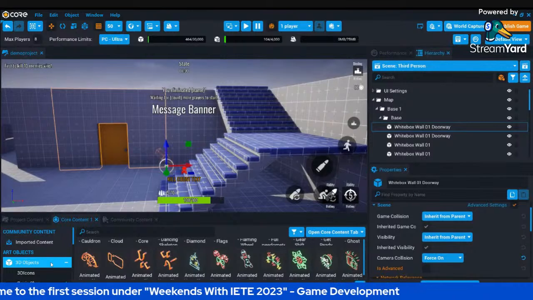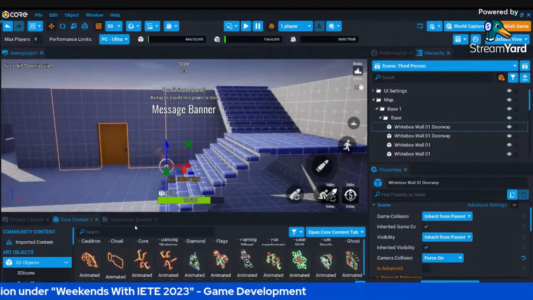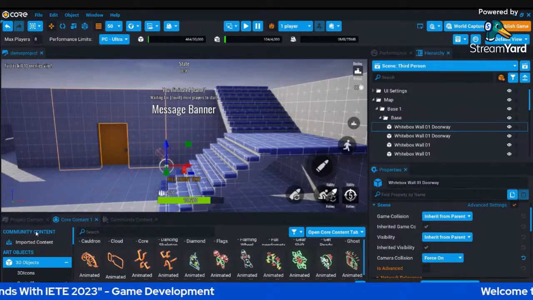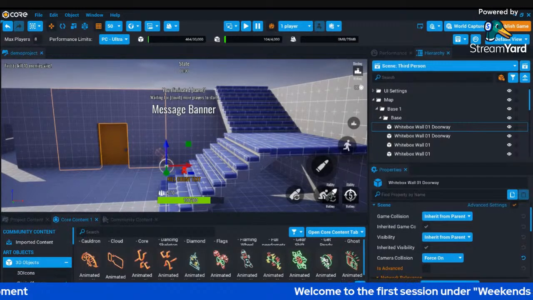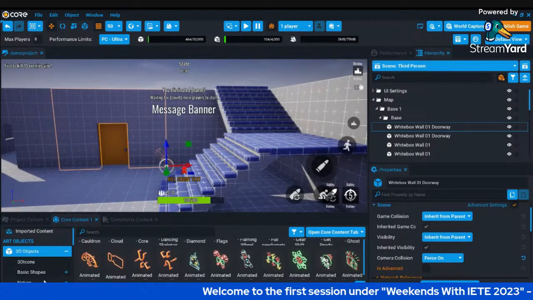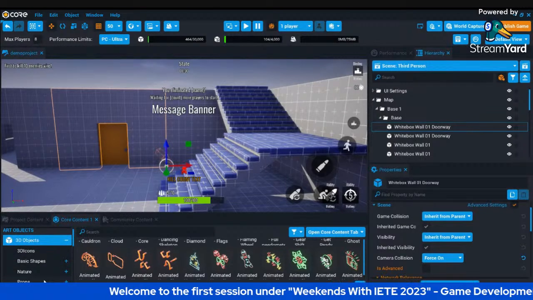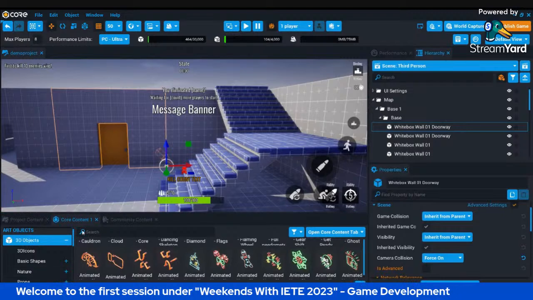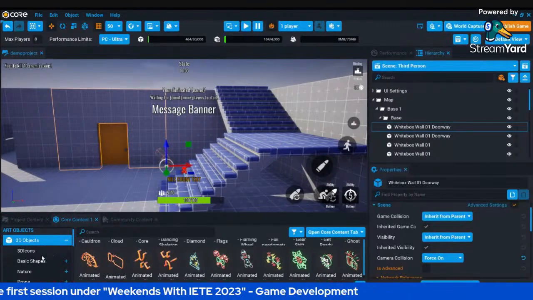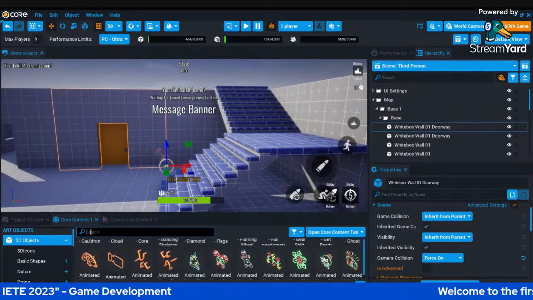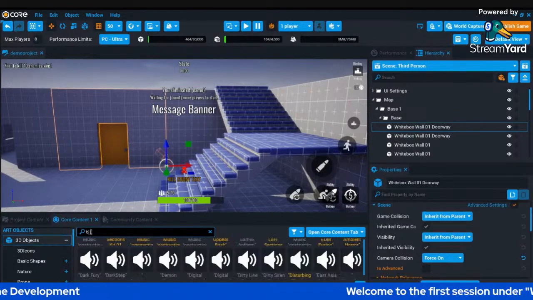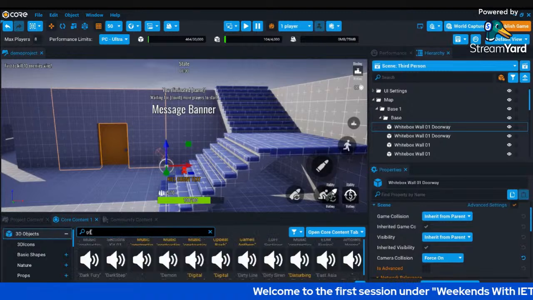Yes. Now see, under the core content we have this art objects. Now this art objects provide all the features of adding the props and objects and giving material to your objects in your gaming arena. Okay. So now under 3D objects, we'll add some props. Suppose I want to add some grasses.